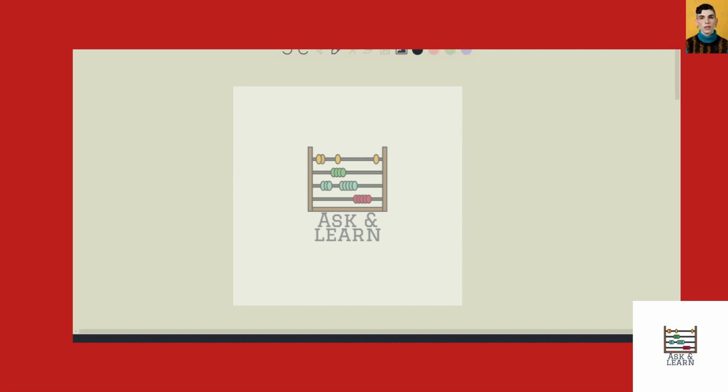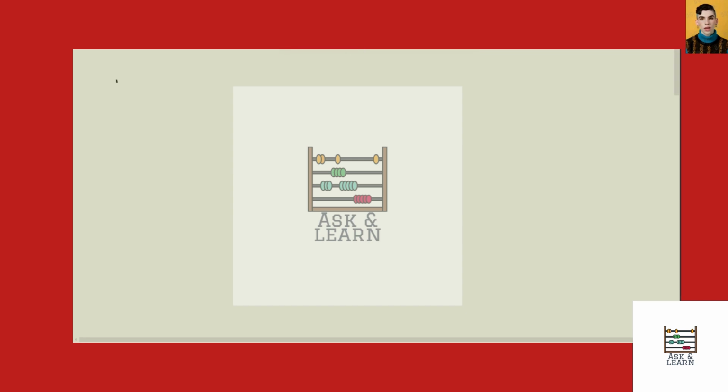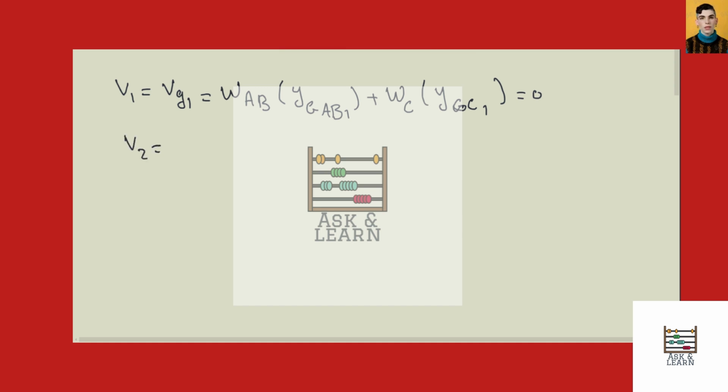In this question, we have V1 equal VG1, which is equal WAB multiply YGAB1 plus WC multiply YGC1, is equal to 0, and V2 equal VG2